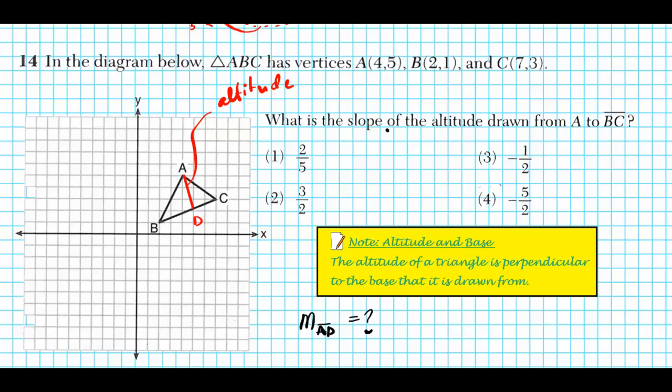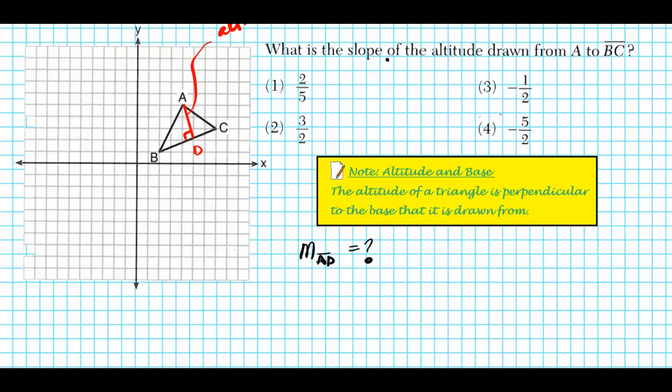Okay. Now since AD is perpendicular to BC, what do we know? We know that for the slopes of two perpendicular lines, one has to be the negative reciprocal of the other. We already talked about that. So we find the slope of BC and do the opposite reciprocal, that would give us the slope of AD. Okay, so what I'm saying in essence is that the slope of AD is equal to the negative reciprocal of the slope of the base BC,